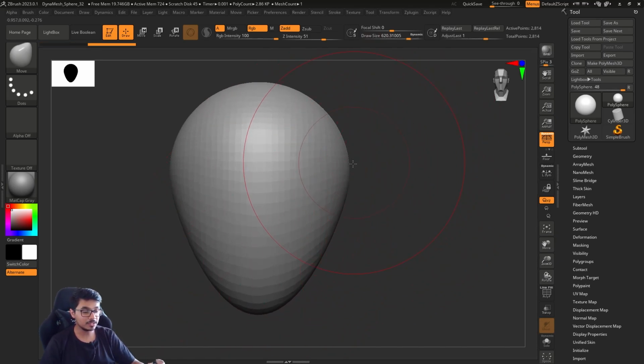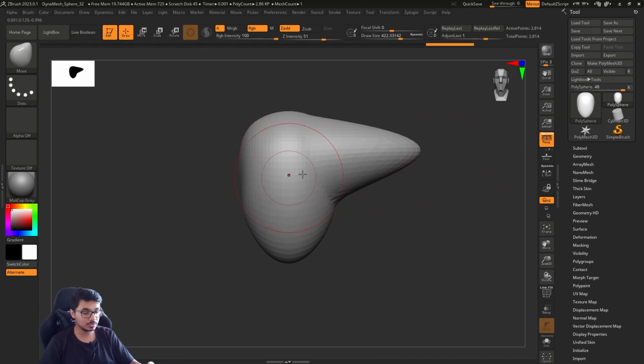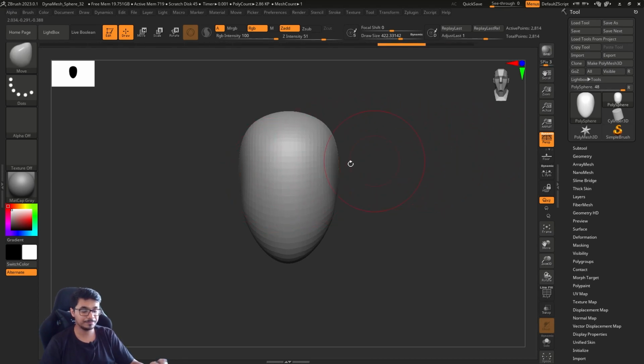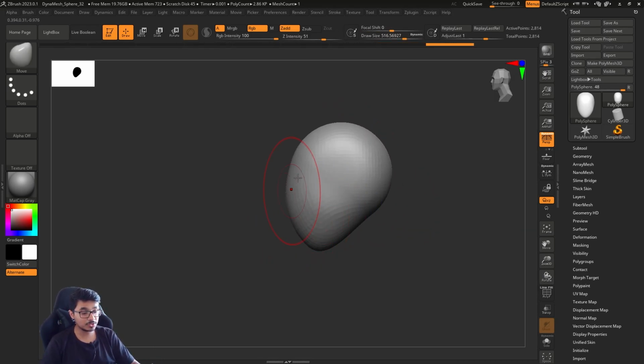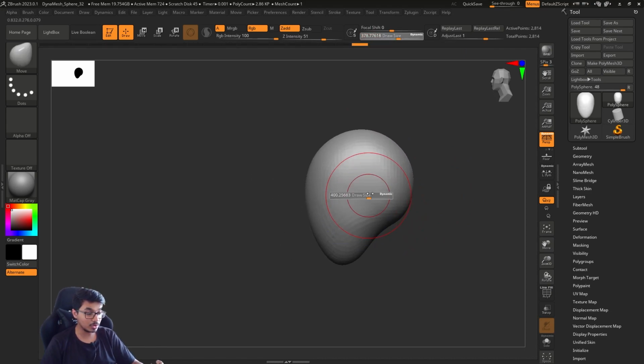Move is a very handy tool, so make sure you have that. And in my case, I have symmetry turned on by X. If you press X, you have symmetry. If you press X again, it will go away. So yes, X is the symmetry. And yeah, with move, make sure you practice a lot of brushes on low subdivision level,